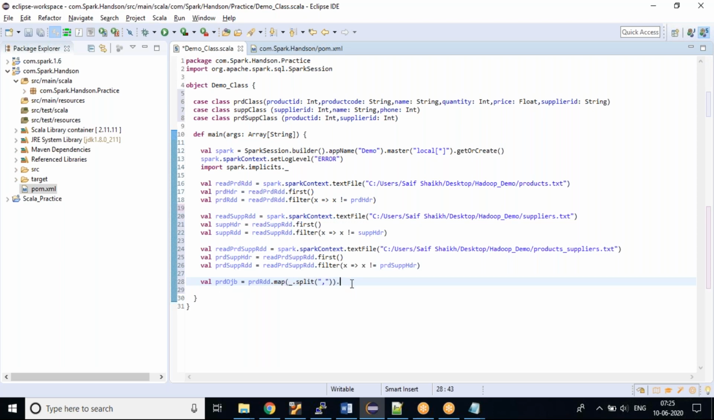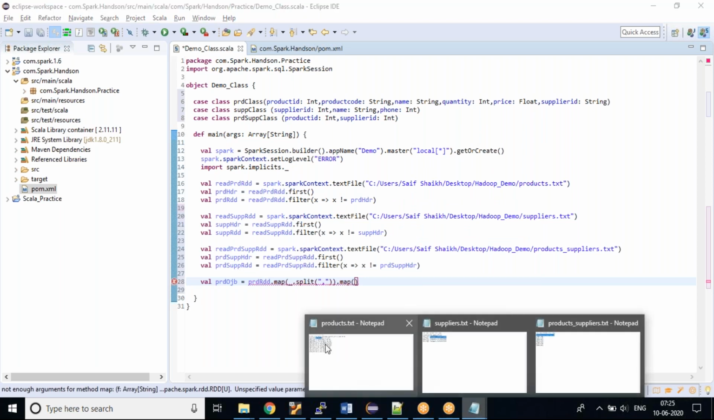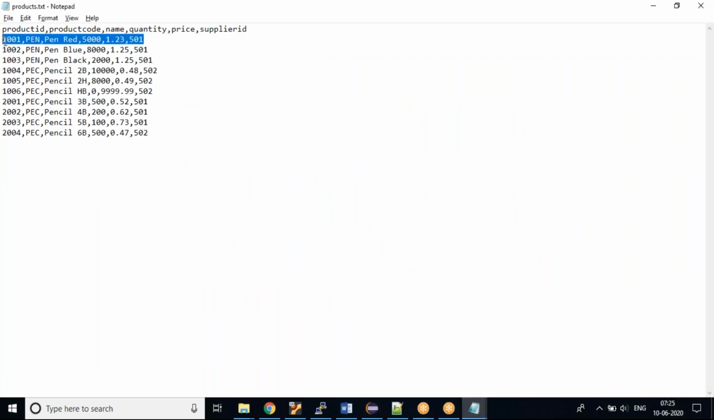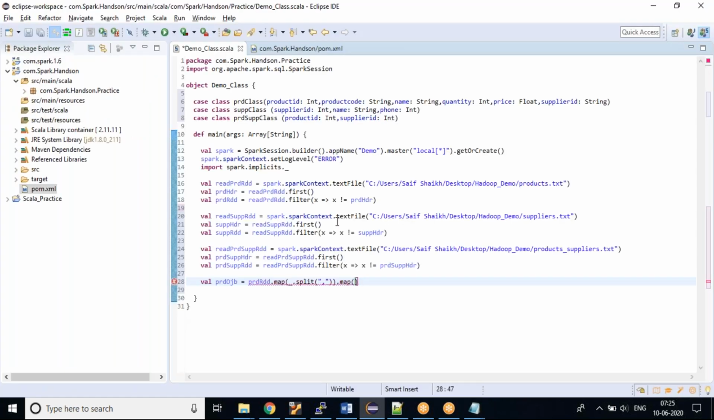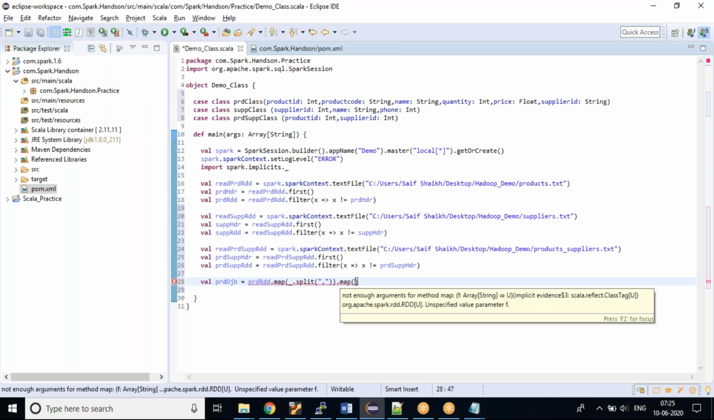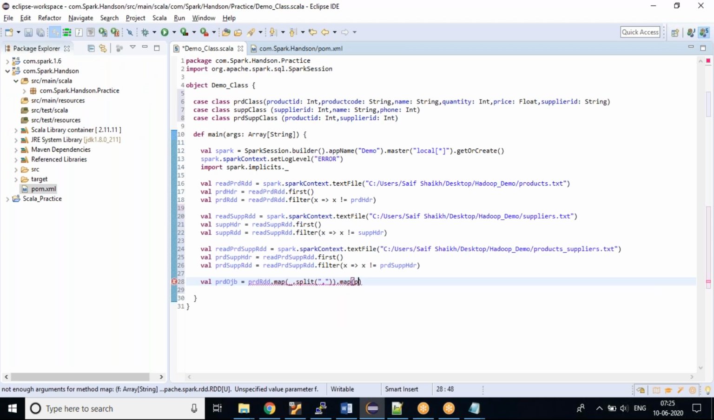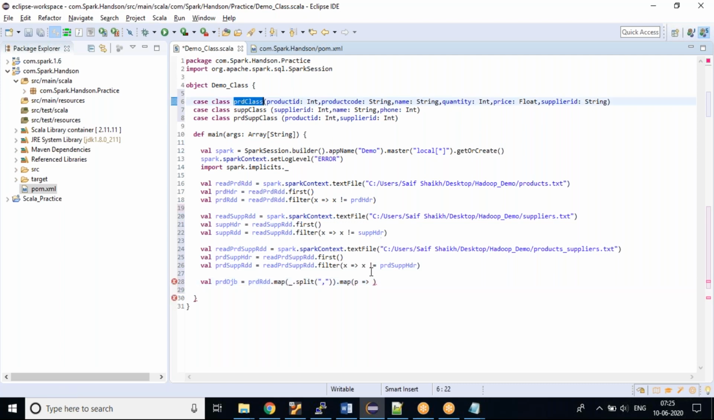Now I would be using one more map function. What is my file name? My file name is product. So I need to map this individual data to its individual columns. I have already separated this with my comma delimiter. So let's start here. When we are doing a map, let's say p, and again I'm writing a lambda function over here. What is the class which I have created? I have created a case class, correct? So in this case class, what I need to do is